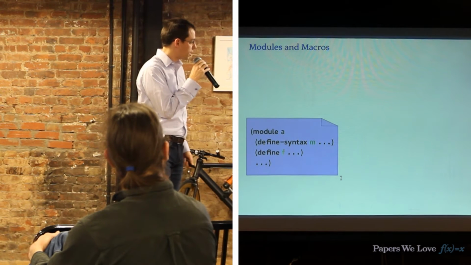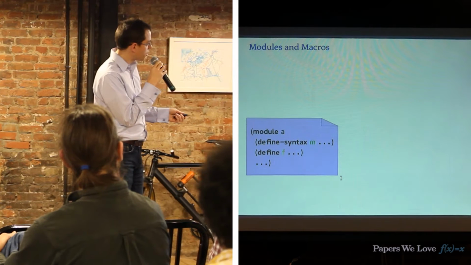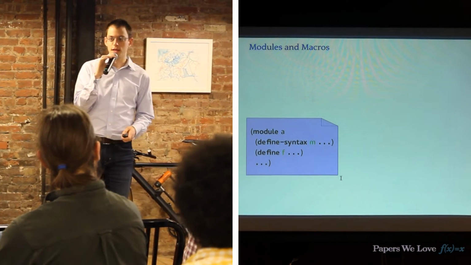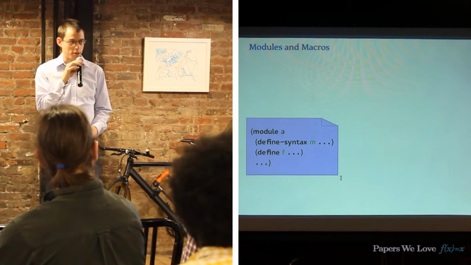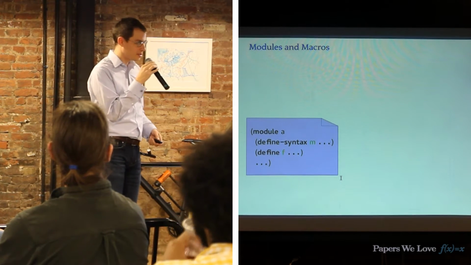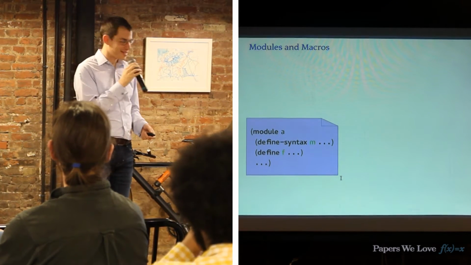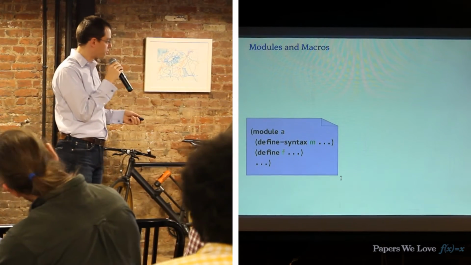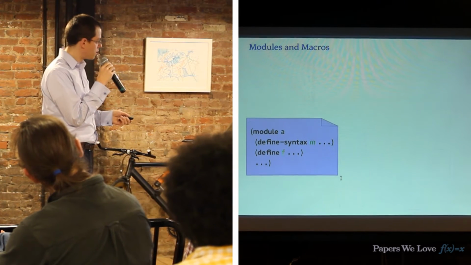So here's what it looks like. We have modules that look like this. We wrote left paren module back in 2002, and these days in Racket we would write hash lang and save ourselves 2 characters of indentation and 2 parentheses. Precious parentheses. So we've got 2 definitions in this file. We've got a definition of a macro, and we've got a definition of a function.